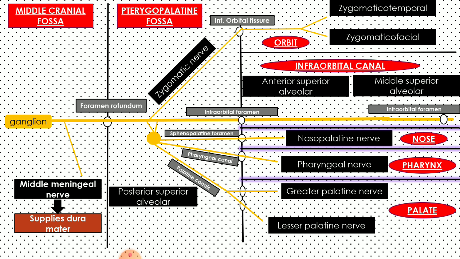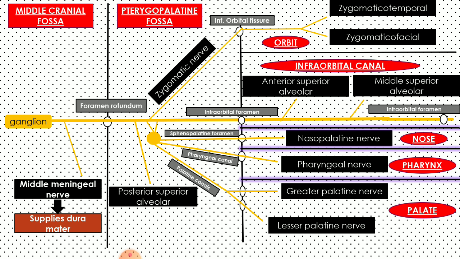And now the nerve from the pterygopalatine fossa enters into the infraorbital canal. We can see the second column, infraorbital canal. In the infraorbital canal, the nerve gives off two branches. The first branch is the anterior superior alveolar nerve, and the second branch is the middle superior alveolar nerve. And then the nerve exits through the infraorbital foramen over the face. And before that, in the pterygopalatine fossa, the main trunk also gives one important branch which is of much concern for us, that is the posterior superior alveolar nerve.